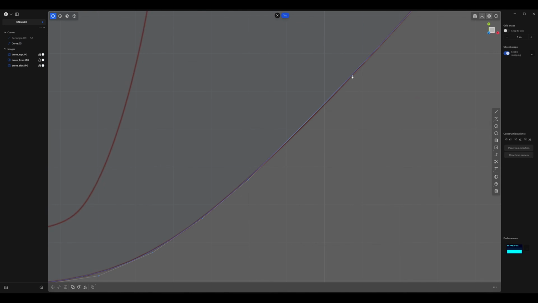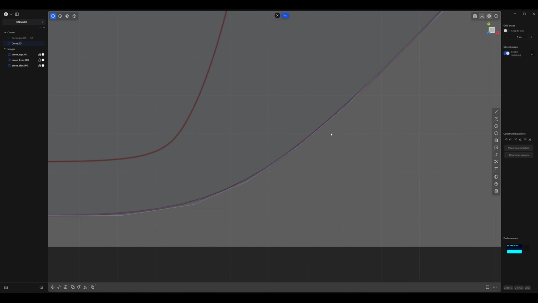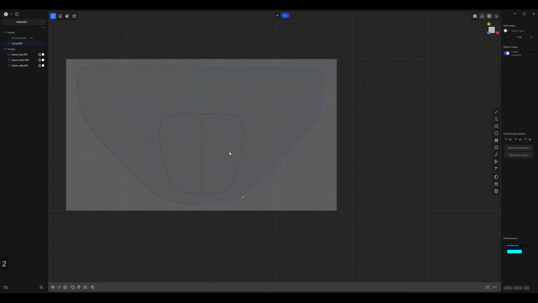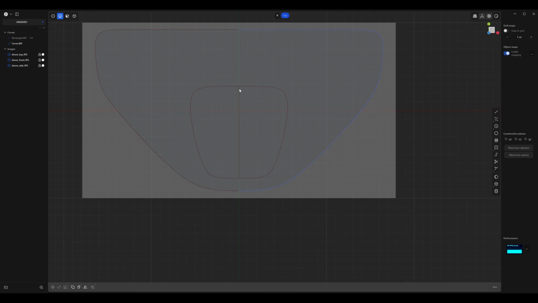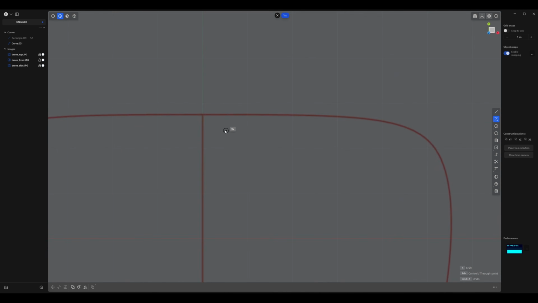Double check this area. Great, so that looks pretty good. Next, we're going to do this canopy area, and we're going to follow the same process. So go ahead and click on the control point curve, and let's start at the top. Click on the center here. The first 2 points should be aligned.